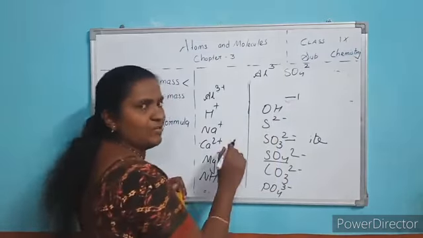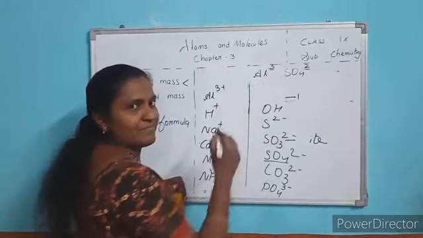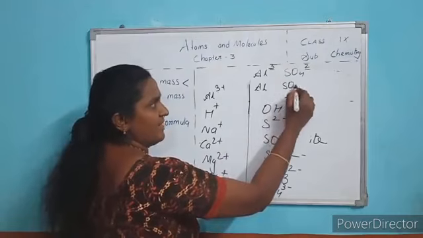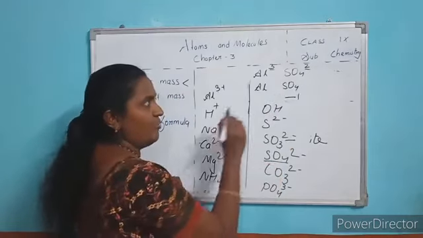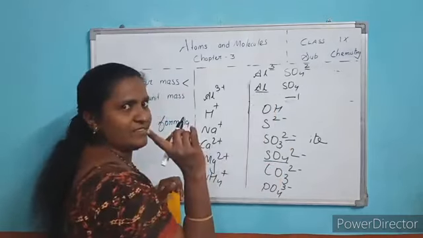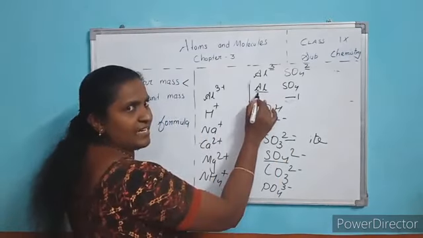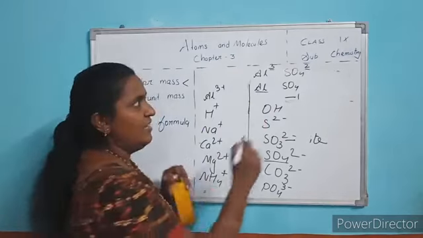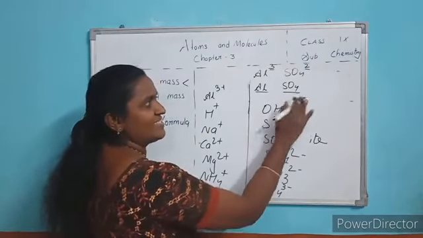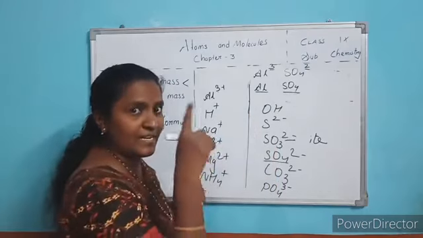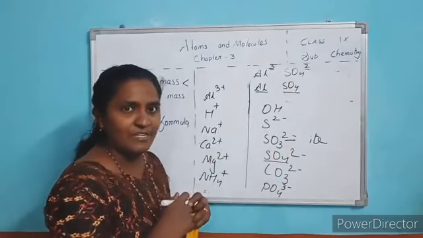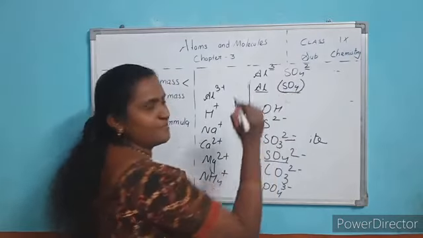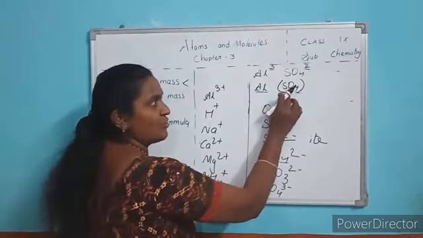Clear? Again you write, the top one is valency, and again you write the symbol aluminium, only simple write. Now this is only one element, because the first letter is a capital letter, the second letter is small, so it is one element. Whereas this radical, you look at this, sulfur and oxygen both are capital letters, so two different kinds of elements are present. Understood? So you have to put this one in bracket. This radical you have to put in bracket.